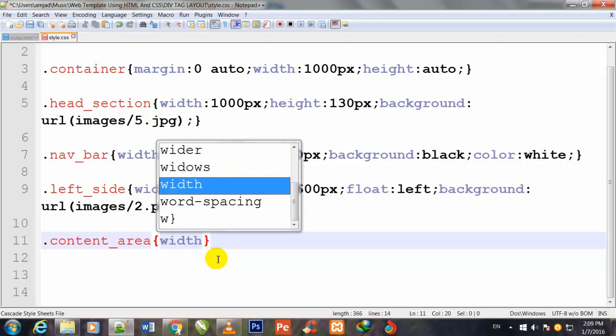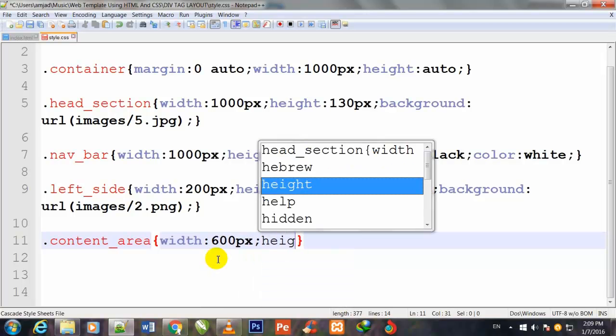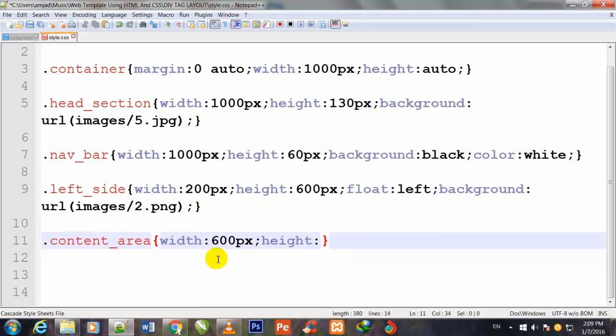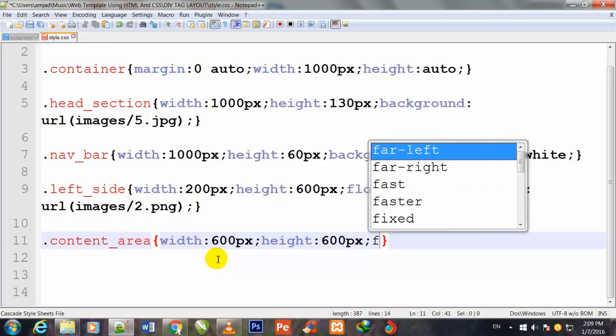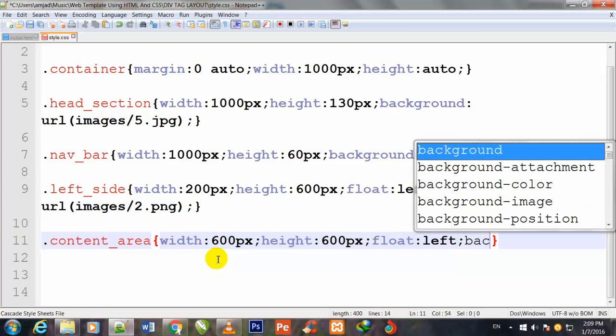So first I will define the width. Its width will be 600 pixel. I will also define the height. Height also will be 600 pixel, and I will also write here float left, and I will give